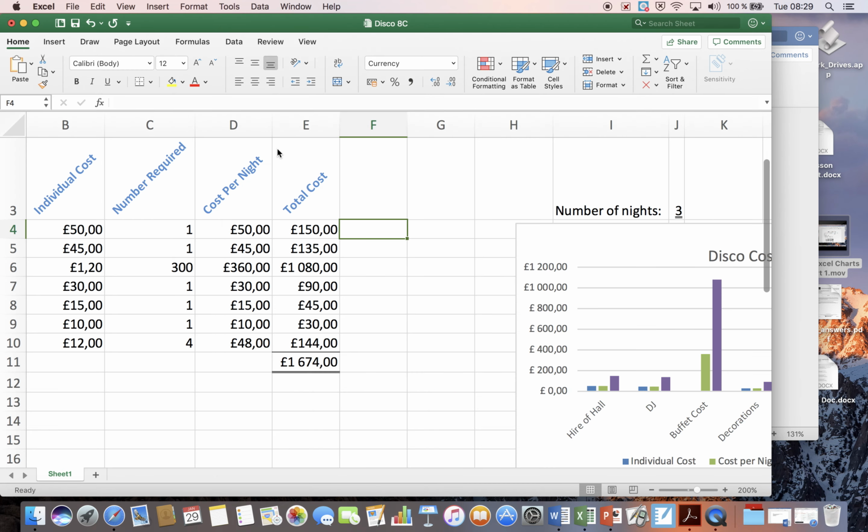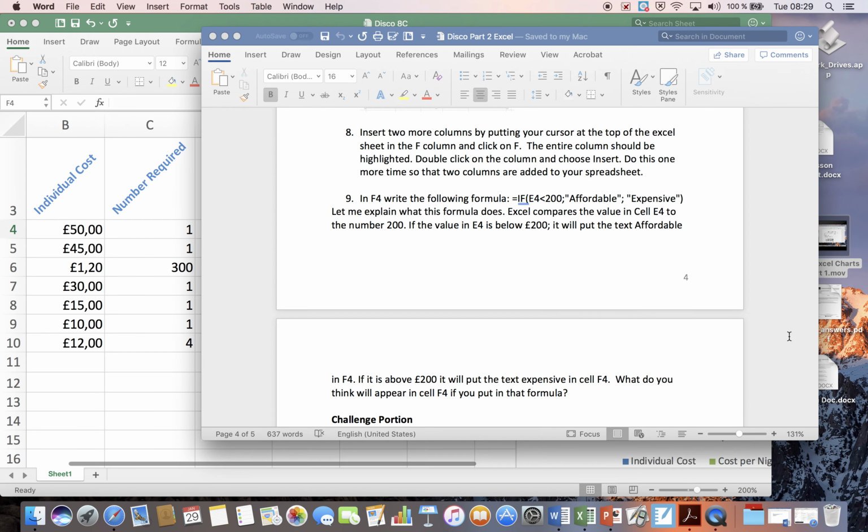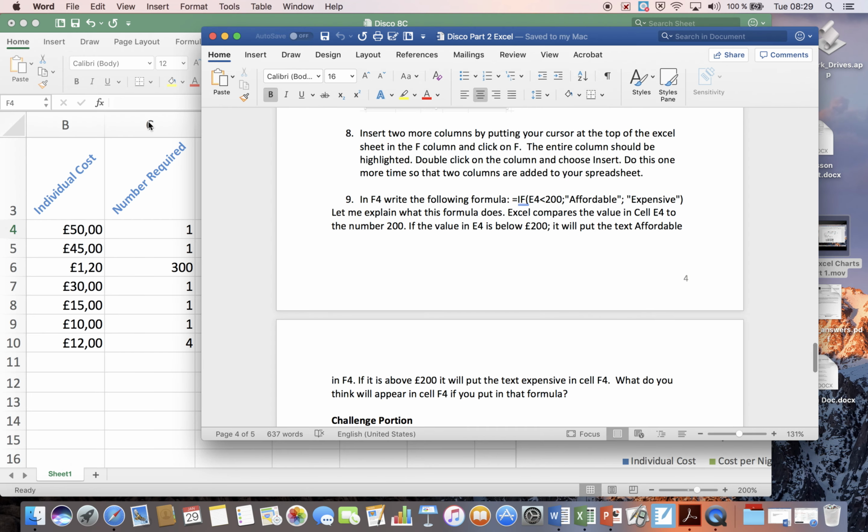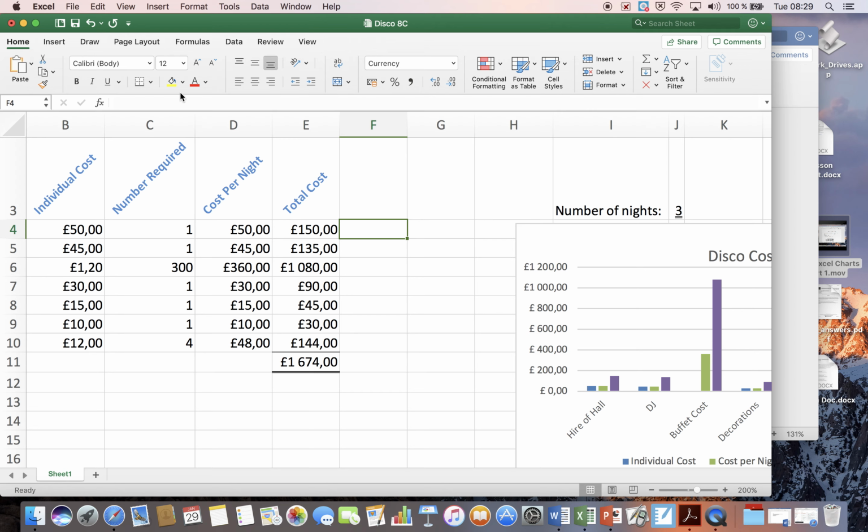So my if statement is going to be where? Let me just double check, in F4. So in F4, I'm going to write the following if statement. Okay, here I am, F4. Now, don't forget, all of my formulas have to begin with an equal sign. My if statement is no different, and I'm going to write